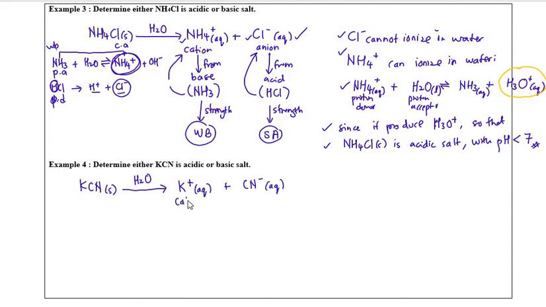Then recall back, all the cations come from your base. So choose a suitable base that produces K plus. I will choose KOH, the simple one. Metal, you get this metal ion, that means you choose a metal hydroxide solution, because all the metal hydroxide solutions are a base. So why do I choose KOH? When I dissociate KOH, I will get K plus and OH minus. This ion is similar with the